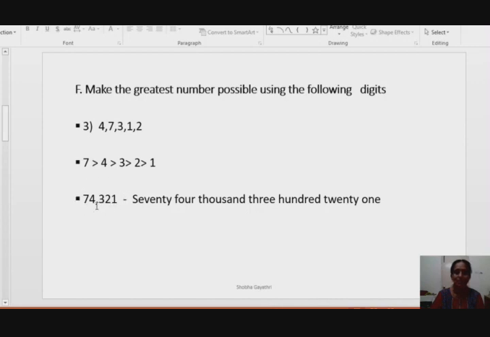So insert commas. How to insert the commas? After units place, go to the next place. 3 digits, after 3 digits, 1 period over. Insert commas. Then thousands period you will get. Read the number, write the number name. 74,321. Read the digits together in 1 period. It is thousands period. Read together 74. Then 321. Read the numbers together in 1 period. Write the number name.